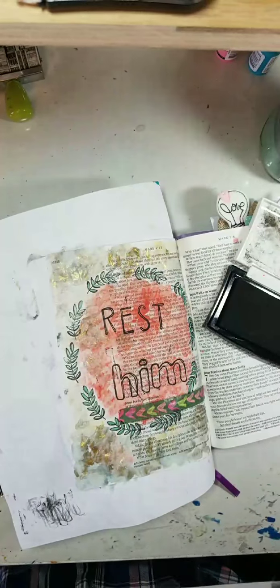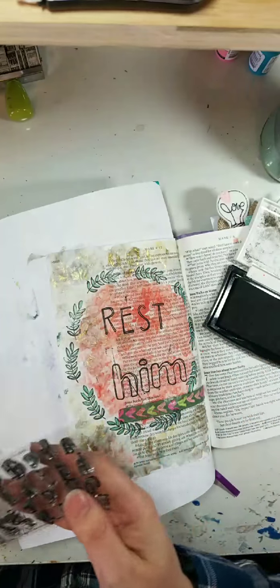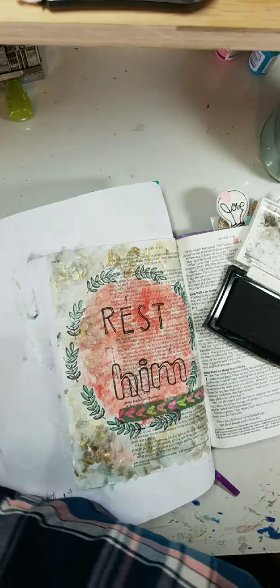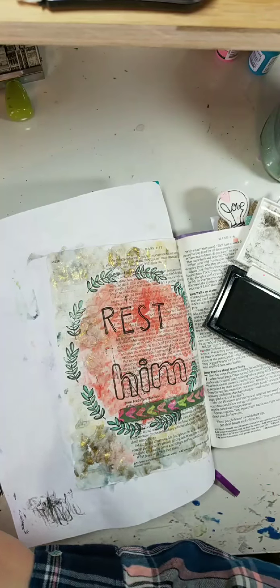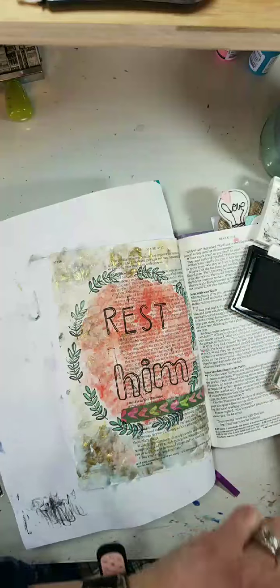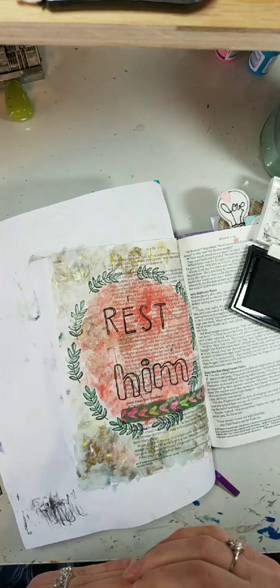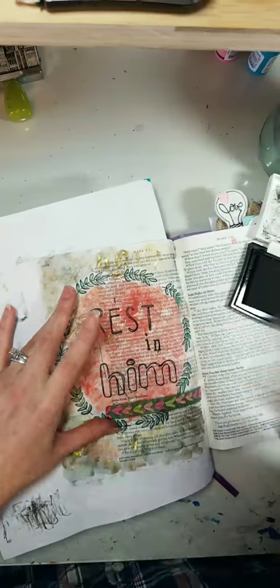Alright, so Rest. And then for In, I'm going to use the Mini Grunge set, which is that Mini Grunge Type Alpha. I think it'll just look better being a little bit smaller. Alright, Rest in